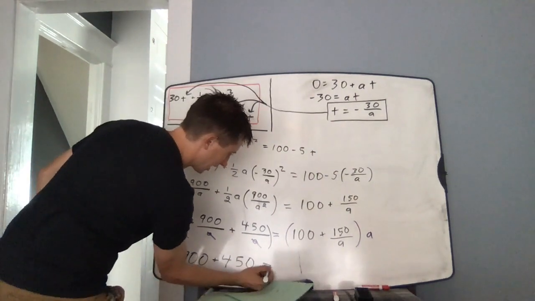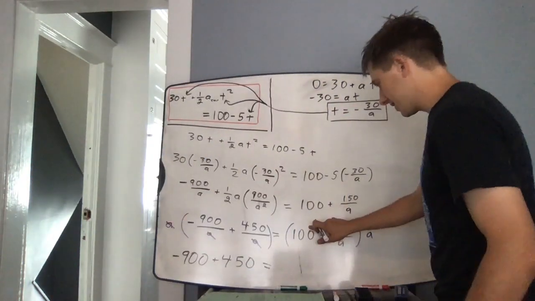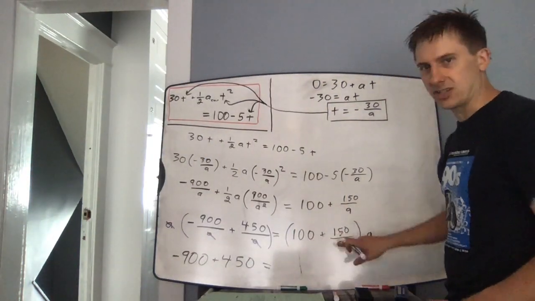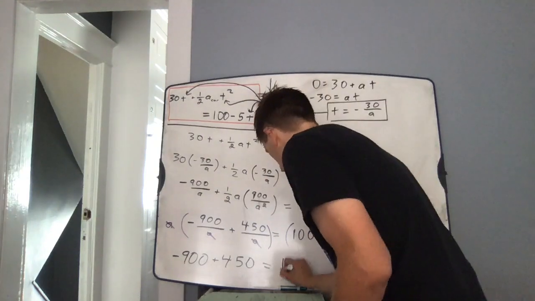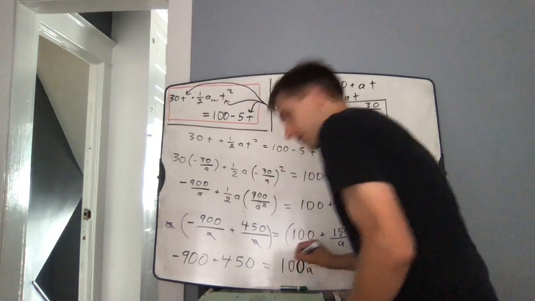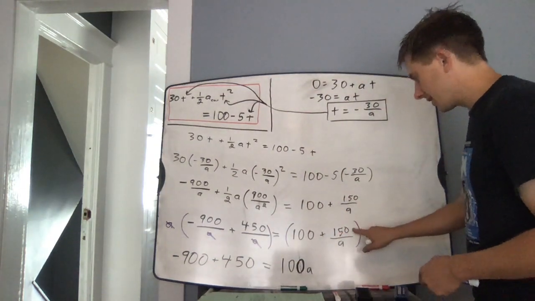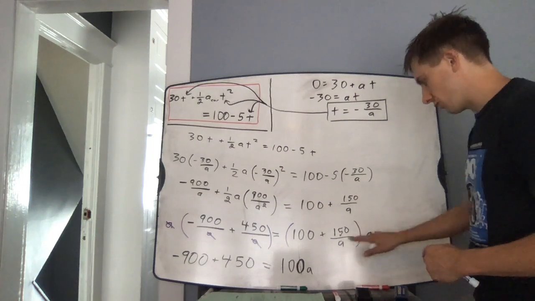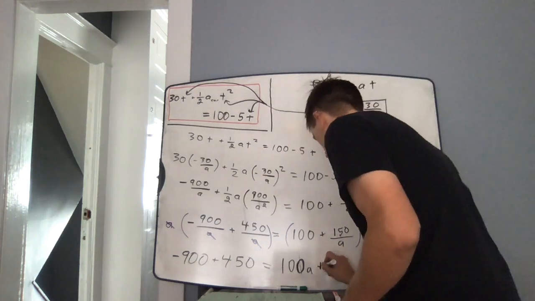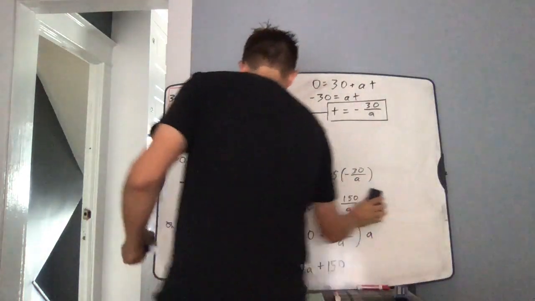On the right-hand side, I have 100 times a. I don't have anything to cancel this a with, so 100a. And 150 times a divided by a, this a will cancel with that a, so I just get plus 150. So at this point,